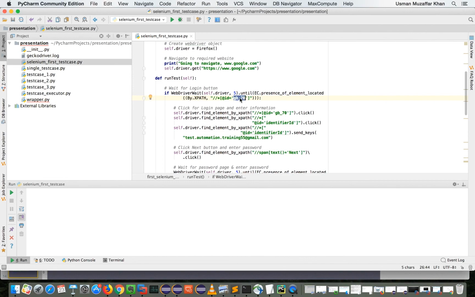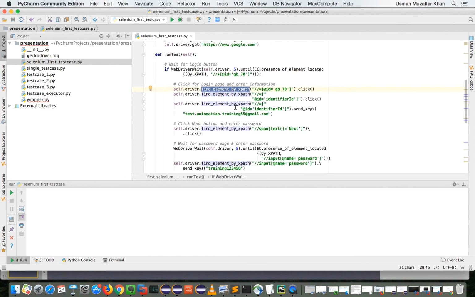When this login button page appears, it will go to the next statement. On the next statement it will click on the login button, and after that it will click on